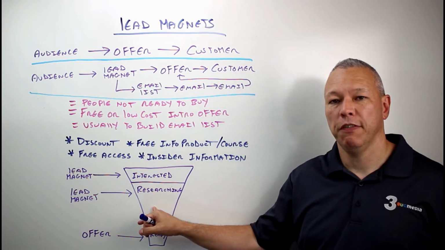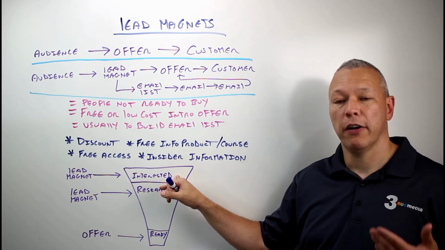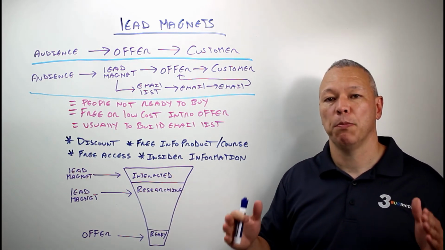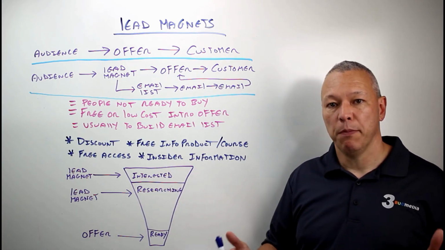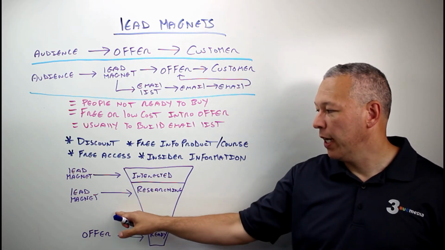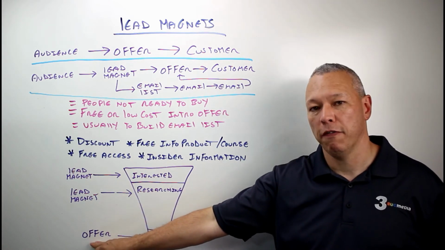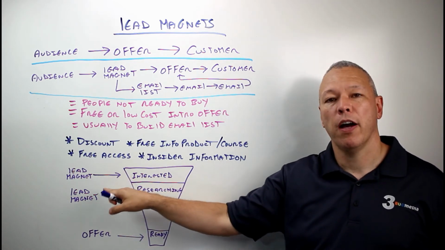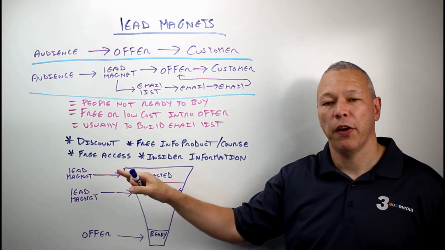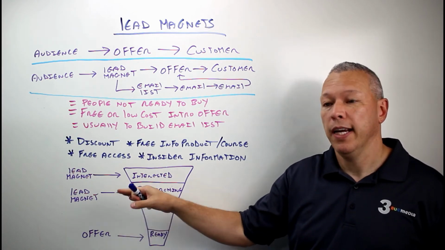But as you can see from this funnel, your people that are researching, people that are interested represent a much bigger segment of your potential audience. And without a lead magnet, you cannot market to these people, okay? Because if you try to market an offer to these people, they're not at the buying stage yet. So they're not going to take you up on your offer, probably no matter how enticing it is,